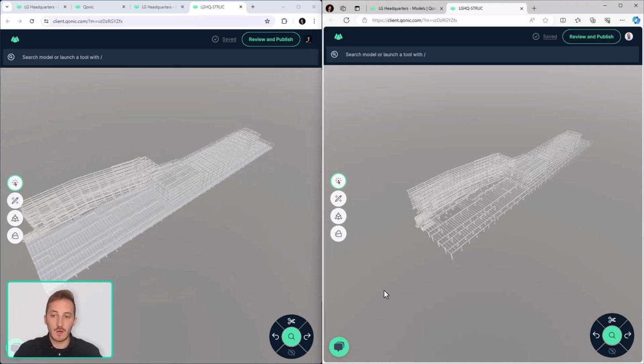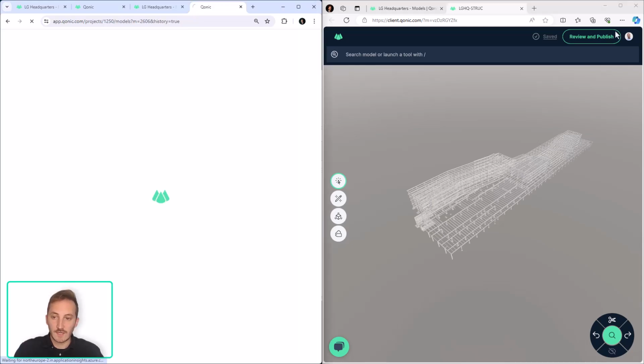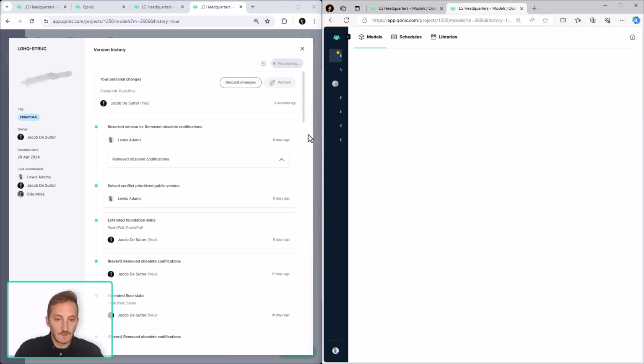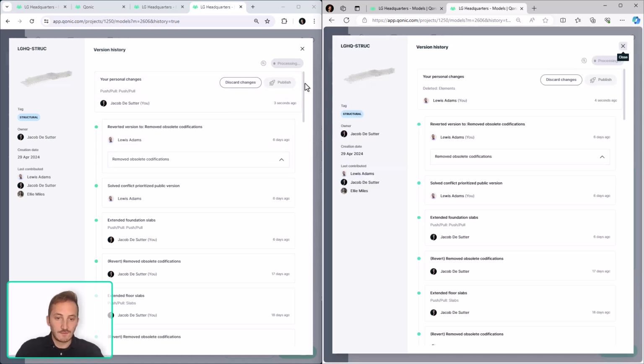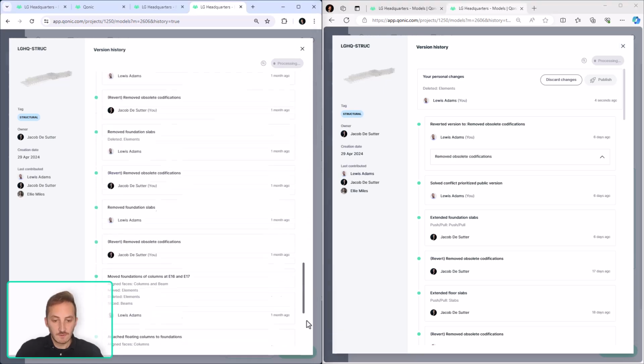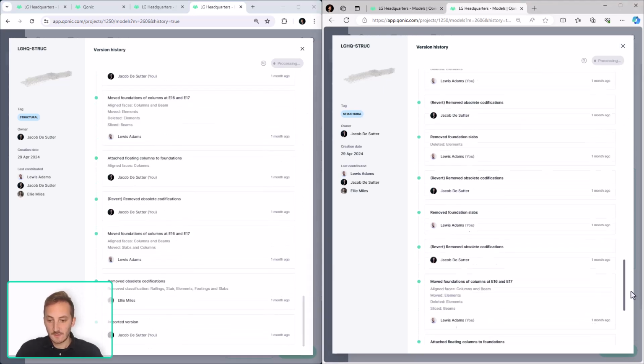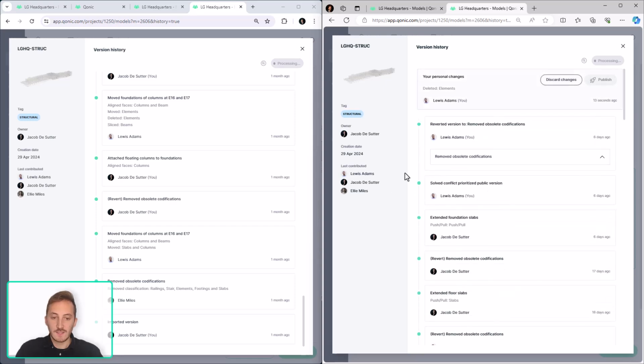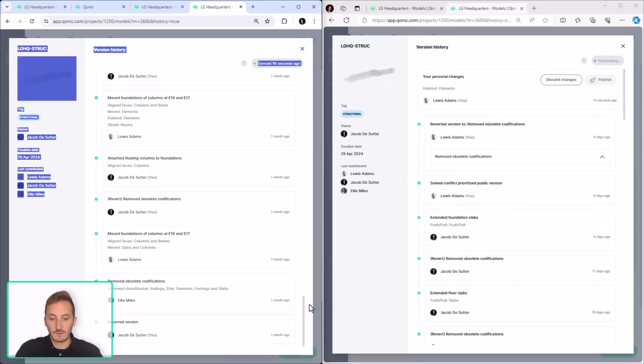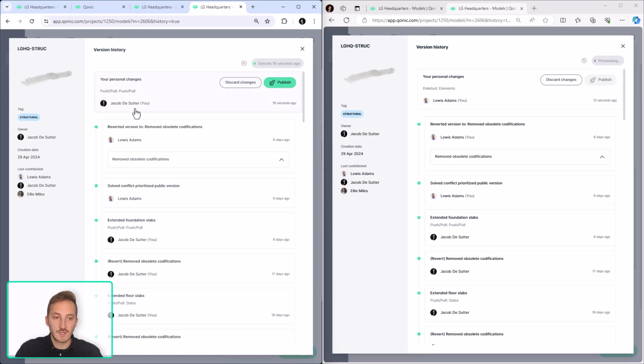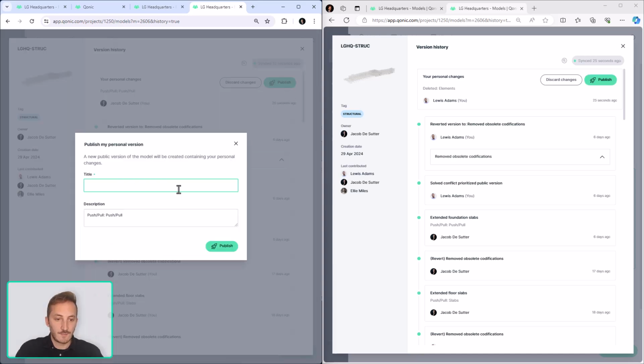So what happens if we now want to review and publish these changes? So let's do that to check it out. Again, the version history that you can see on both sides of the screen is exactly the same for both persons. The only difference here is the final commit, which isn't committed yet. So the final publish, the personal changes, are different for this person and for the other person. So let's say I publish this,